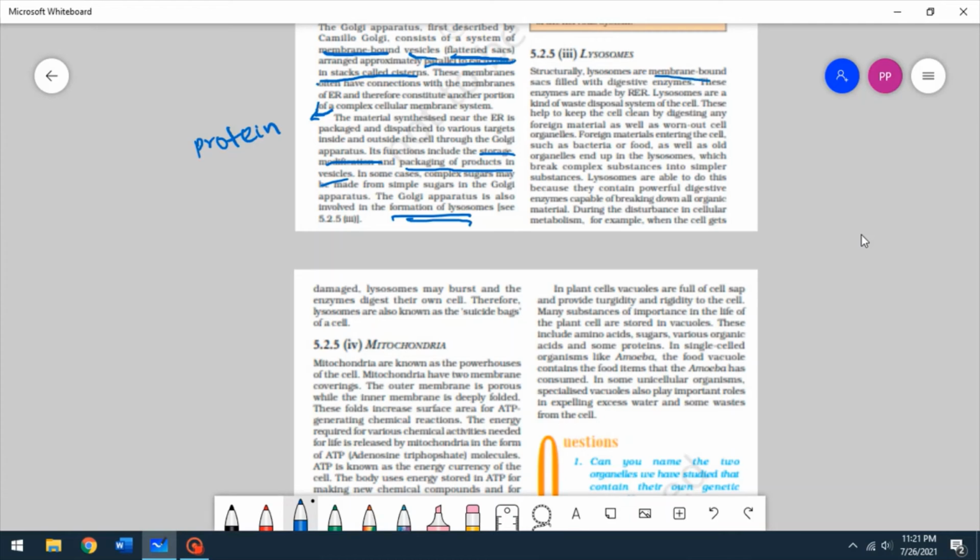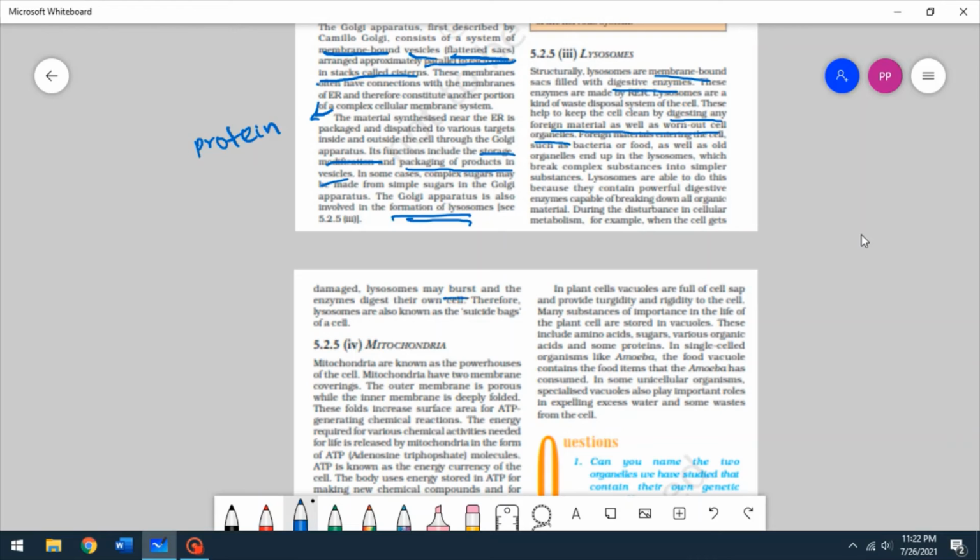So membrane-bound is important, and digestive enzymes is important because the main function of lysosomes is because of its digestive enzymes. These enzymes are made by the rough endoplasmic reticulum, and they are a kind of waste disposal system for the cell, which help to keep the cell clean by digesting any foreign material as well as worn out cell organelles. Foreign materials entering the cell as well as old organelles end up in lysosomes, which break complex substances into simpler substances, and sometimes